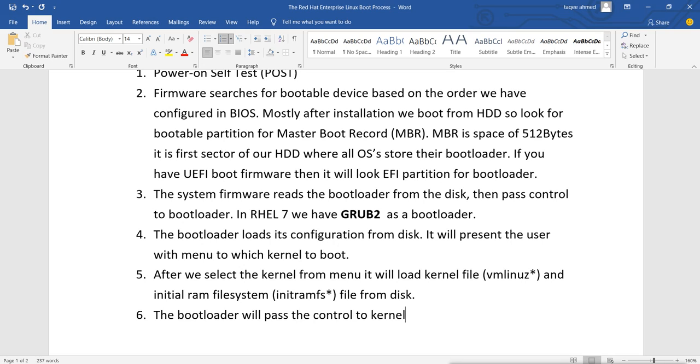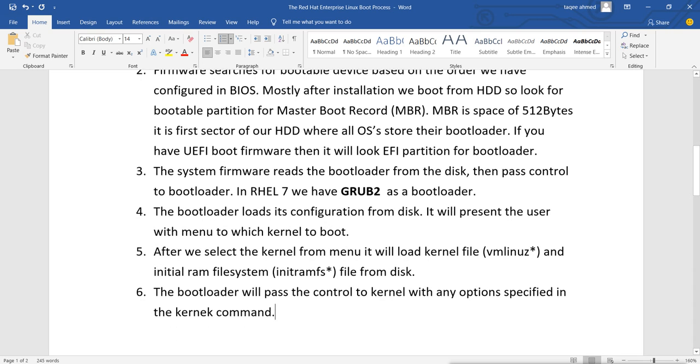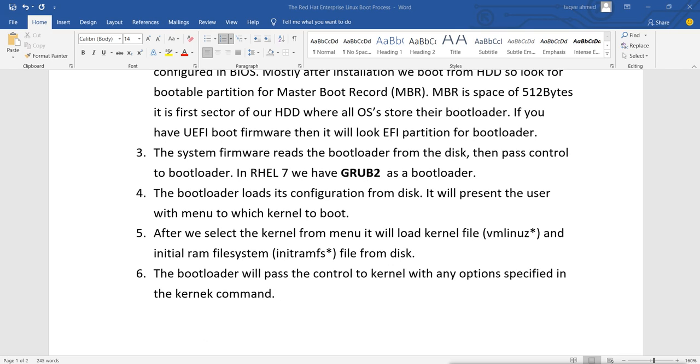The kernel will take over, along with any options specified on the kernel command line, like those we have added. So the bootloader will pass the control to the kernel.